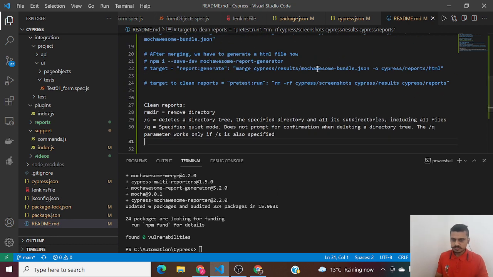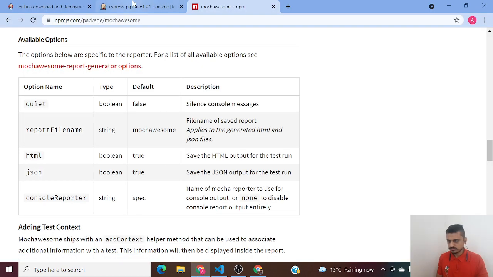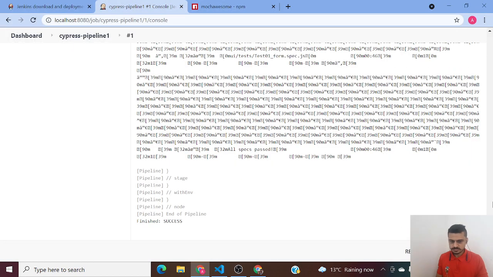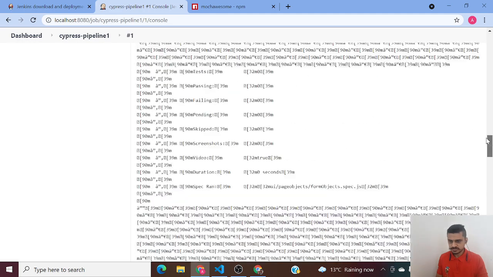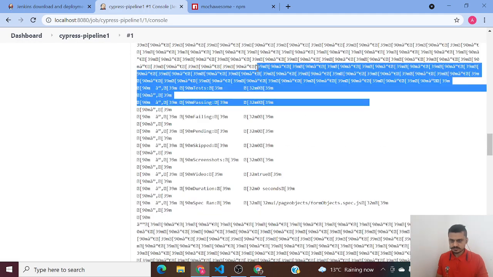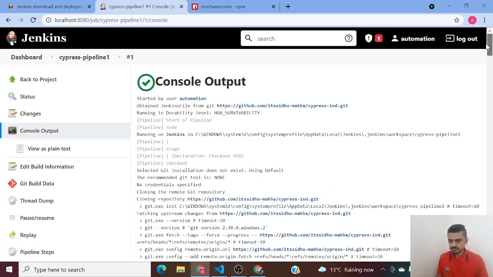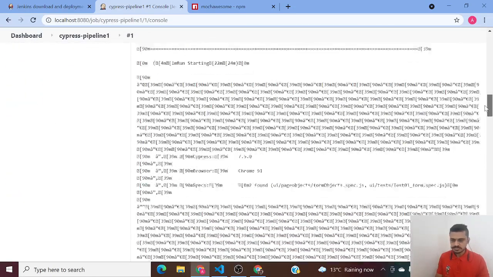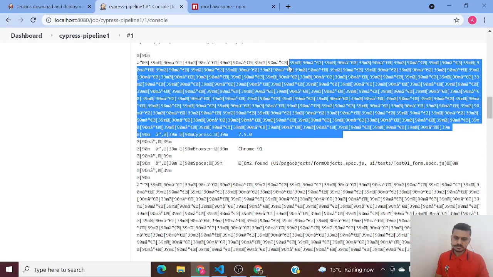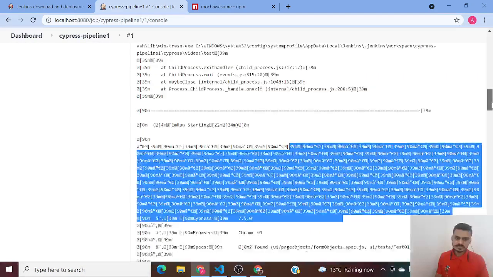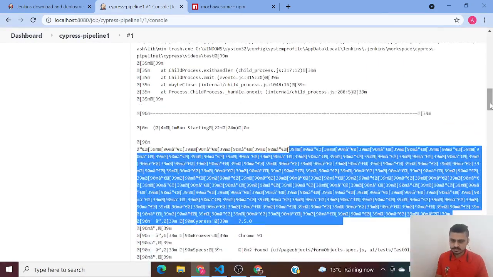First of all, let's go back to our Jenkins. It has executed, it has successfully finished the test. But you have some of these things, guys, that we would want to avoid. We will now have Mochawesome reports. This is just some character encoding, so you can change the jenkins.xml file to UTF-8 and you wouldn't see these.